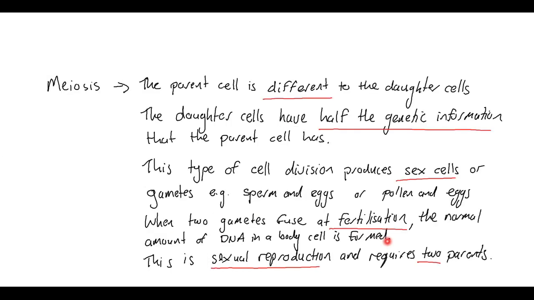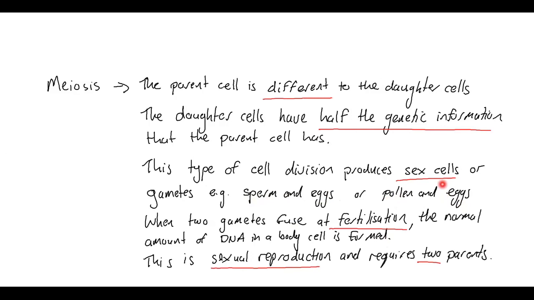And finally, meiosis is the production of different daughter cells to the parent, and those daughter cells have half the genetic information that the parent cell has. This type of cell division produces sex cells. The posh name for those is a gamete. In humans, those are the sperm and the egg, and in plants, they are pollen and eggs. So the male and the female